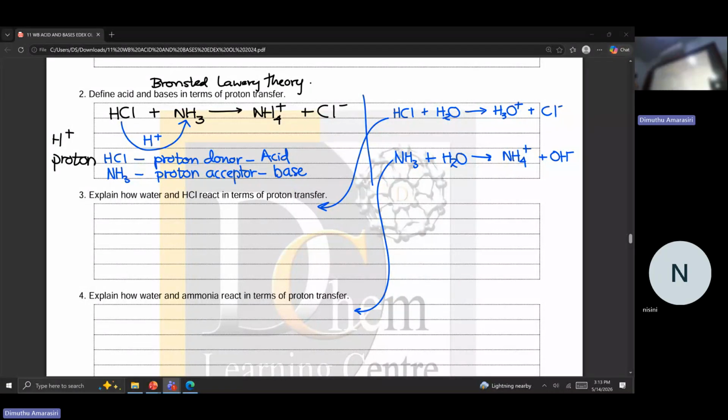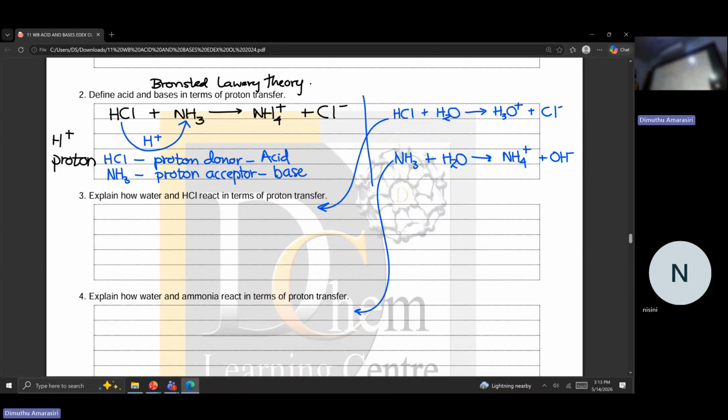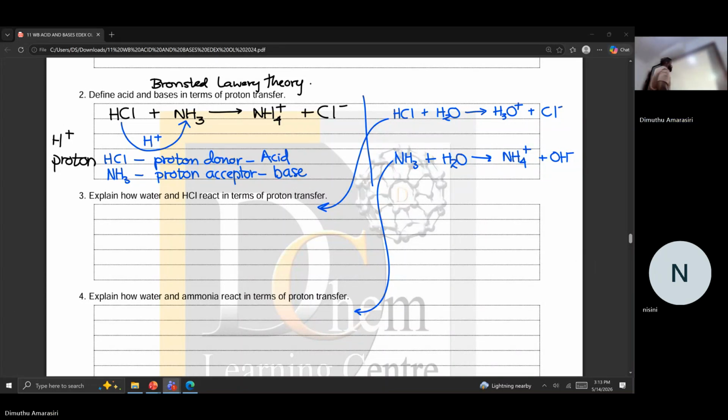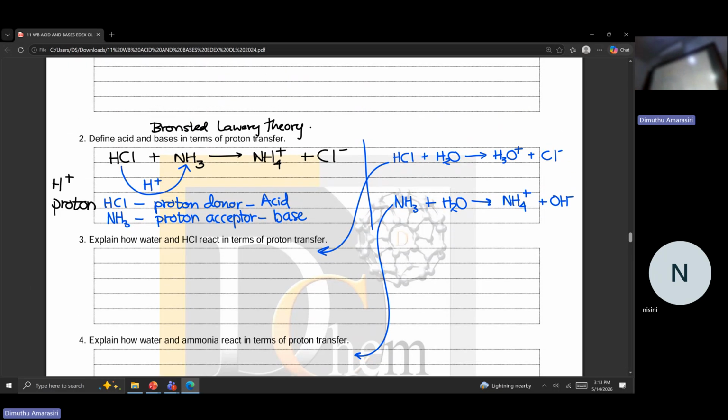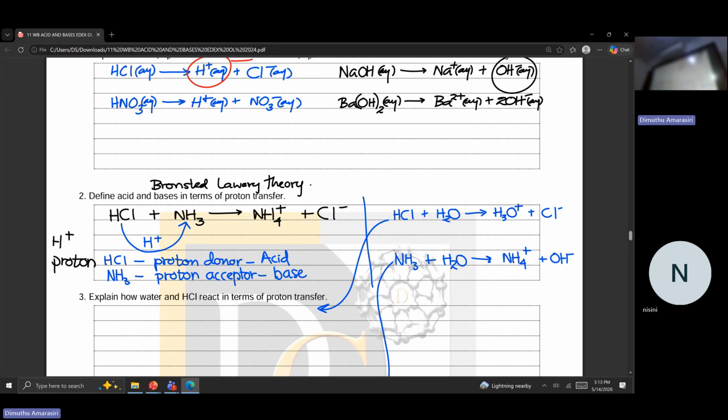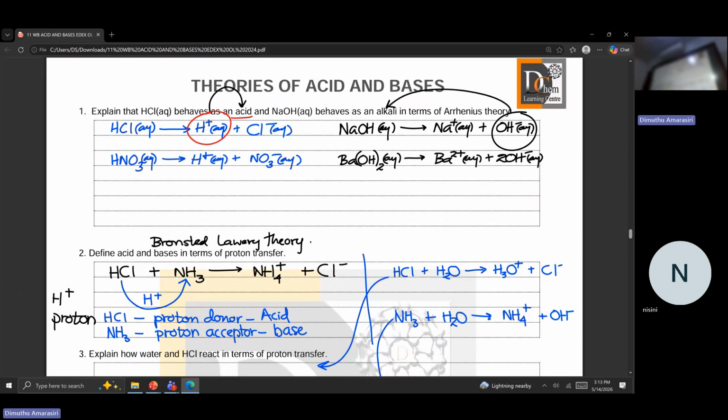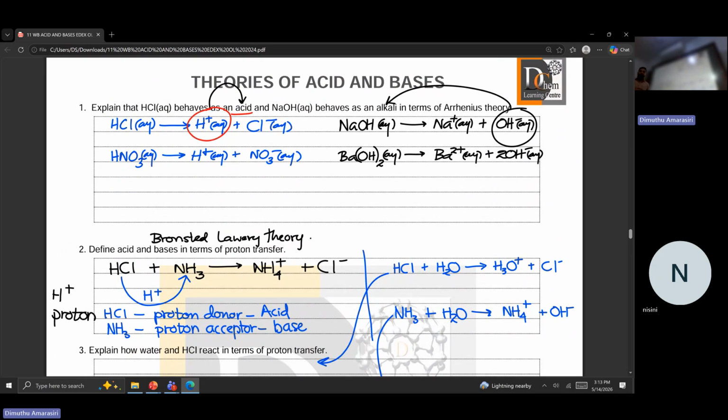So we were talking about the acids and bases, and we went into more theoretical, concept-wise stuff last week. That's about the theories of acids and bases. Before that, whatever we have learned, even in school, has been more practical, general stuff, right? And last week we went into some theories that define why these substances are acids and bases.